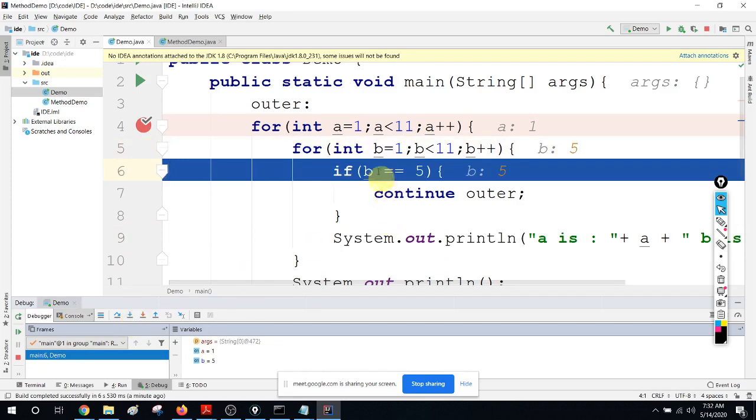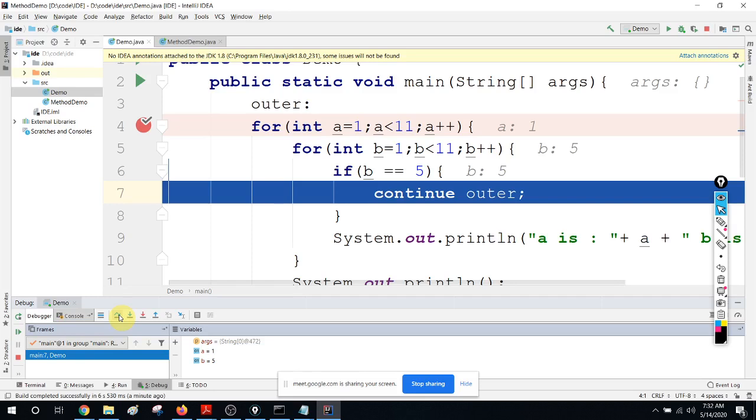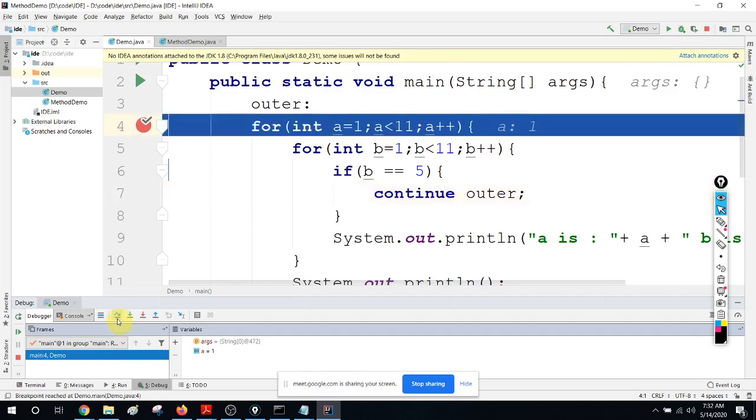If it is not coming, we can figure out there is a bug. I have not written this correctly. Now it has to be in the continue line, right? So let's see. Yes, you can see it came to the continue line. Now it must continue; it will not go into this line. Now if it goes to this line, that means there is some issue with your code, right? Now my expectation is it goes back to the for loop, right? Let's see whether it's happening. Yes, now you can see it's happened, right?